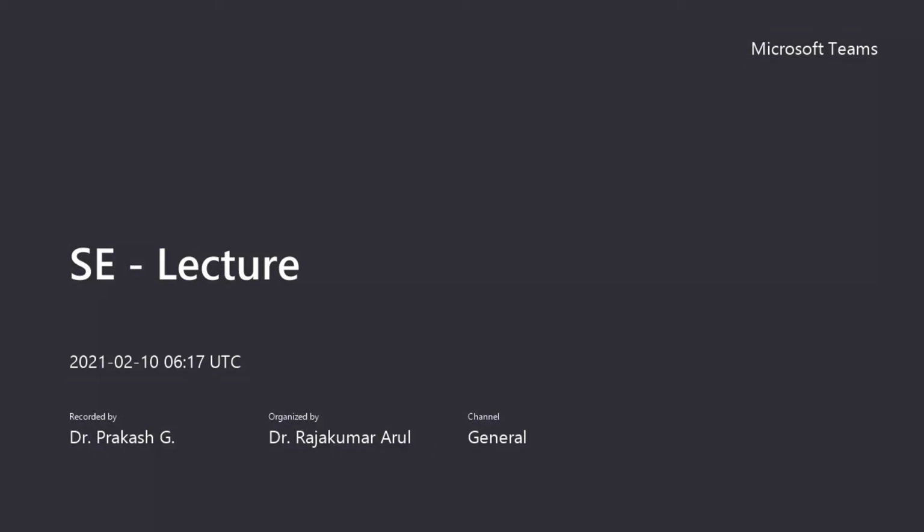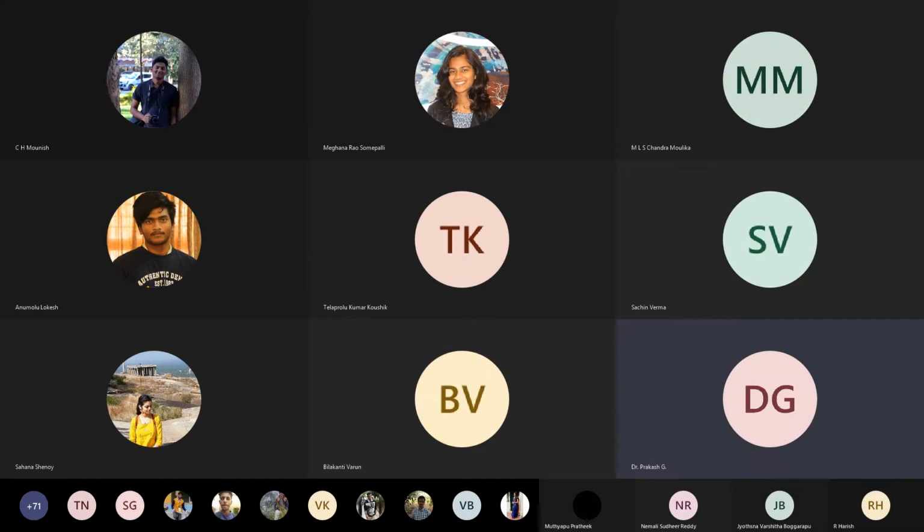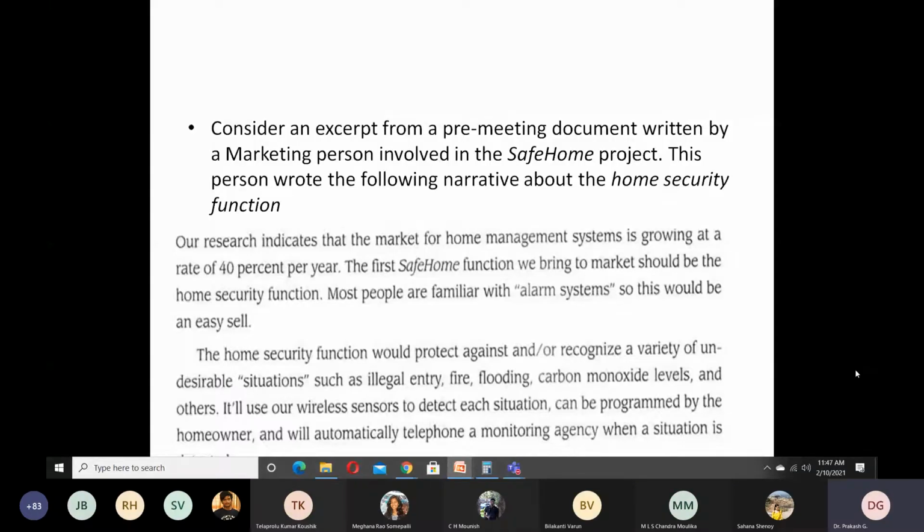The marketing people or business people or business consultant will be providing some kind of document like what has been shown here. Based on this document, the technical details have to be extracted. So how to extract the technical detail and what you have to do, that is what we had discussed yesterday.